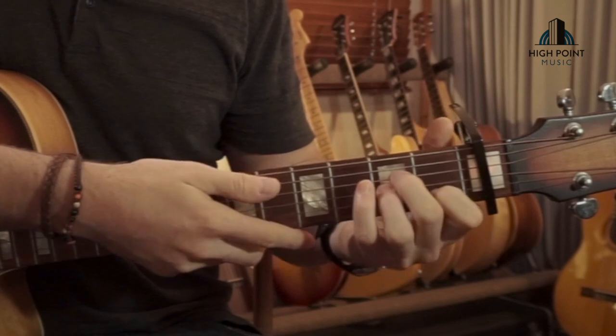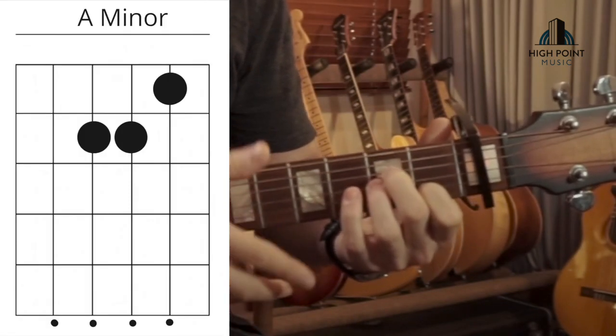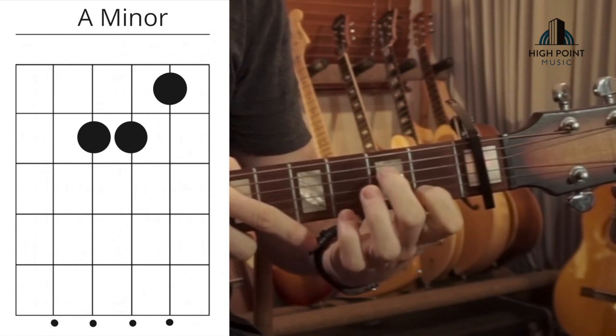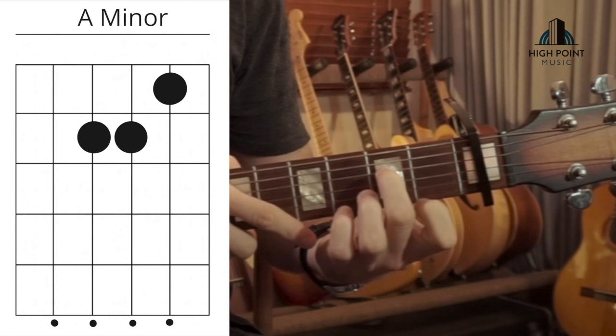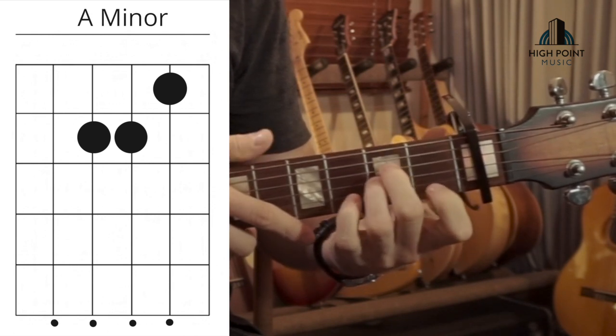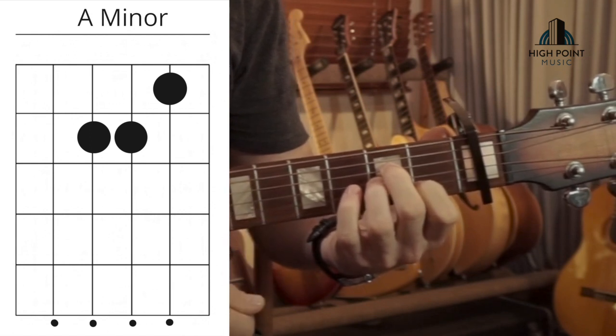Next chord we're working with is our A minor, like that. So we've got our 1st finger on the 1st fret on the B string, 2nd finger on the 2nd fret on the D string, 3rd finger on the 3rd fret on the G there, and then the bottom 5 strings we can target with this one,